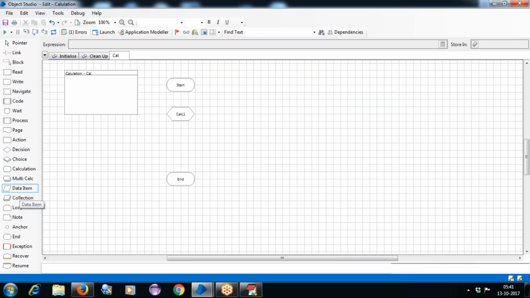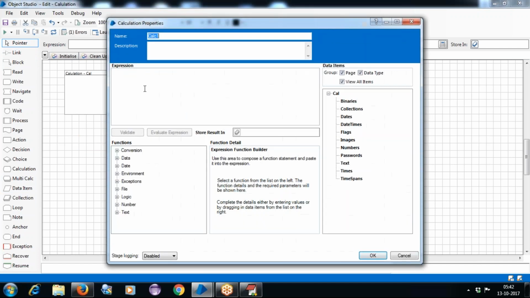So this is one possibility. While working with a data item, one option is drag and drop, or another option is that I delete it and perform a double click here.